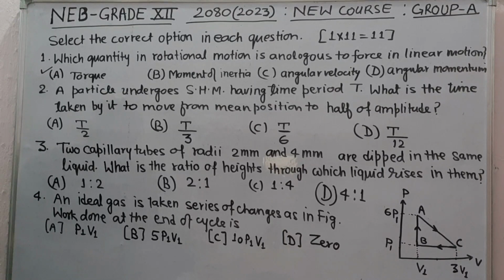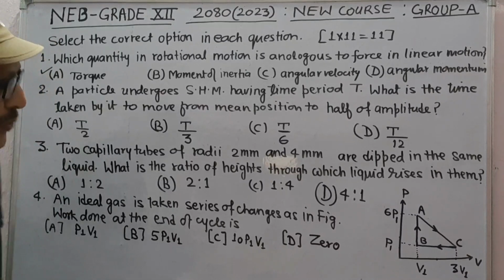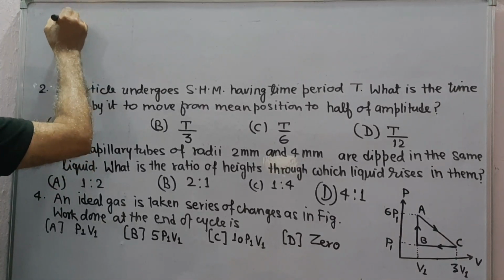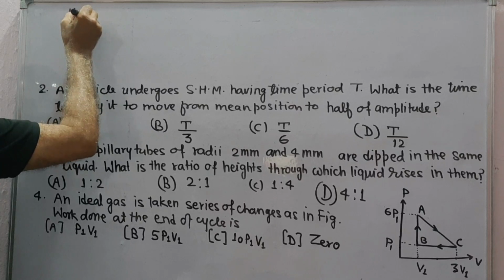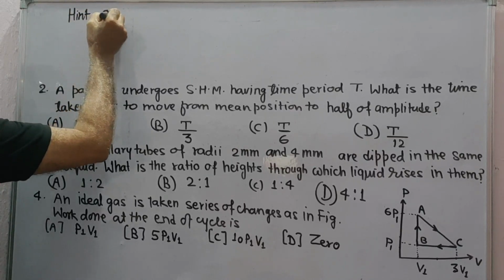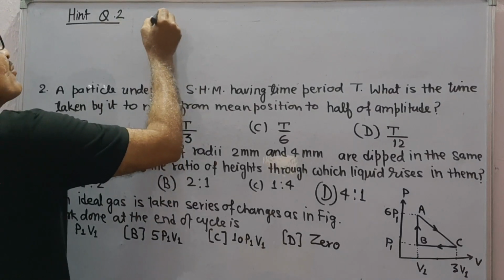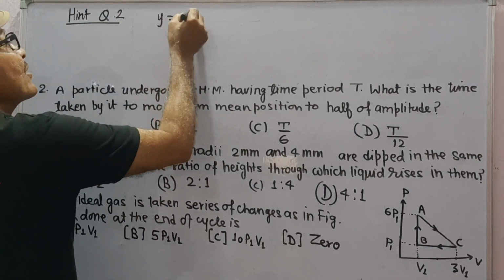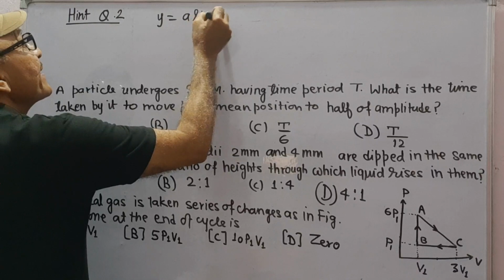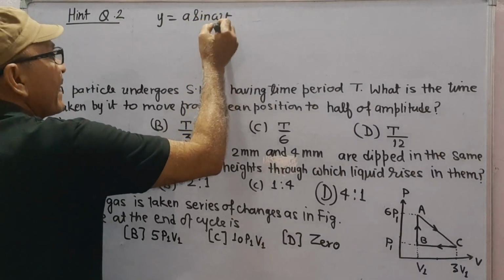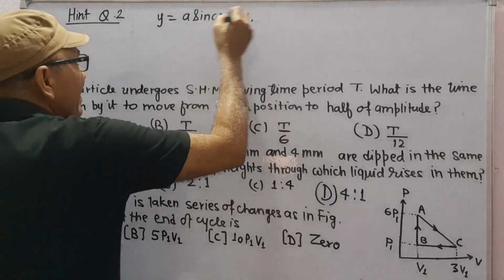Second question, a particle undergoes simple harmonic motion having time period T. What is the time taken by it to move from mean position to half amplitude? Hint to question 2. For simple harmonic motion, y is equal to a sin omega t. Therefore,